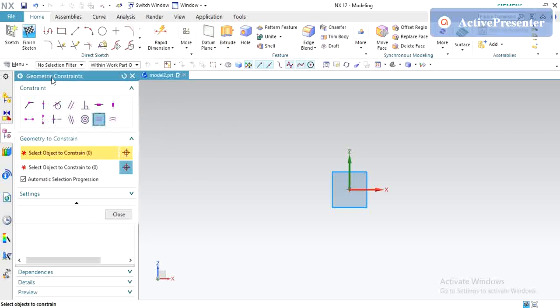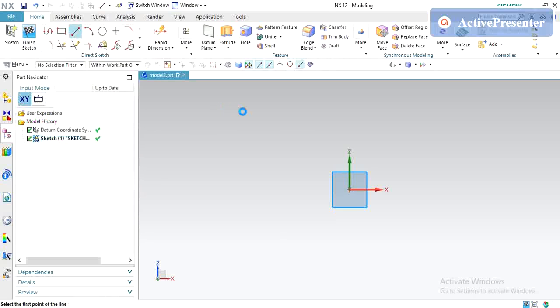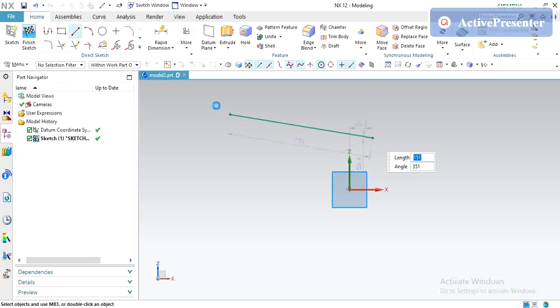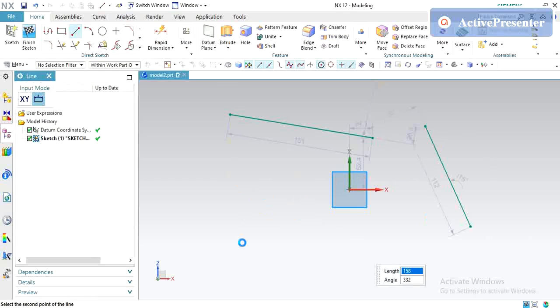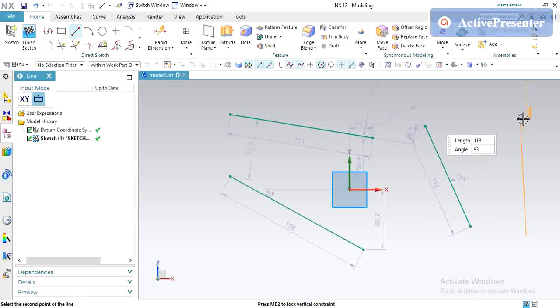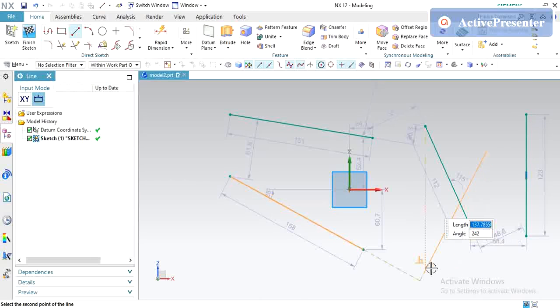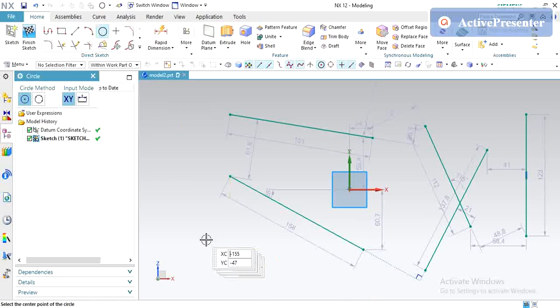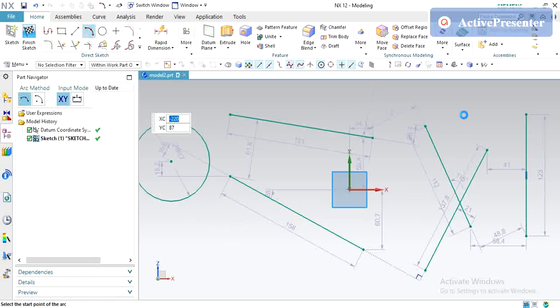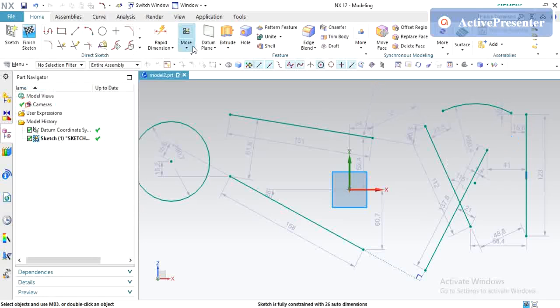For this one I'm just going to create different kinds of lines so that it is easy to understand. So I'll create different lines, some circles and some arcs. So first we will see the